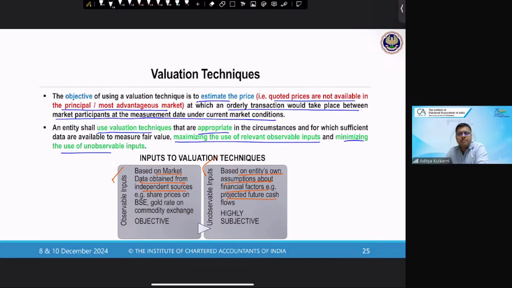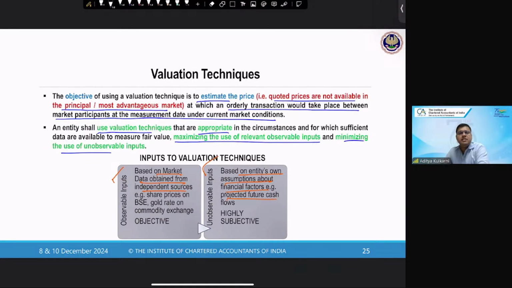When we look at the market-based values, it talks about the transaction happening in an appropriate market. So we saw two categories of markets. One is your principal market, where you have the maximum number of buyers, sellers, and transactions, such that no individual buyer, seller, or transaction is capable of influencing the market as a whole. So this is more like a perfect competition situation. Everybody is aware of the transaction, and therefore the price will always tend towards its fair value. You cannot find any major deviations therefrom. If the principal market is not available, then we come to the most advantageous market.